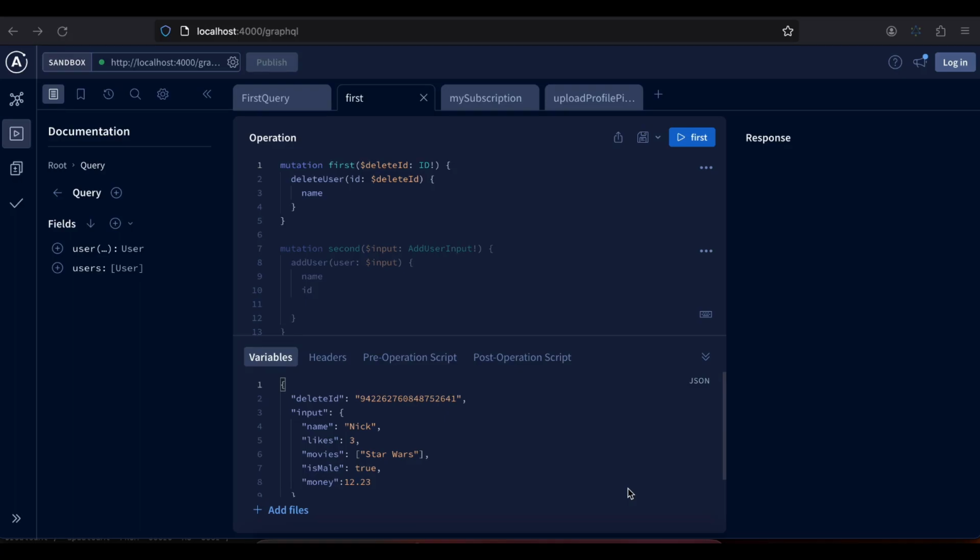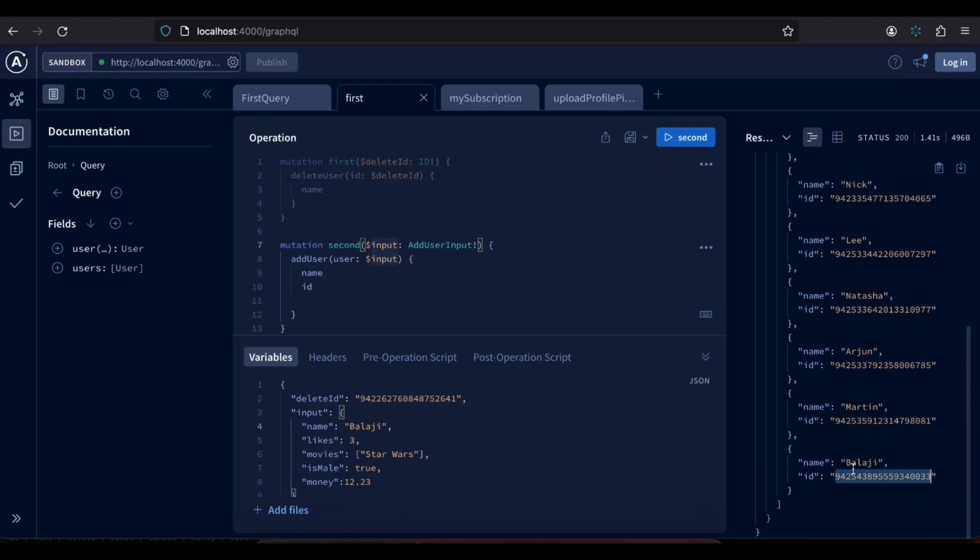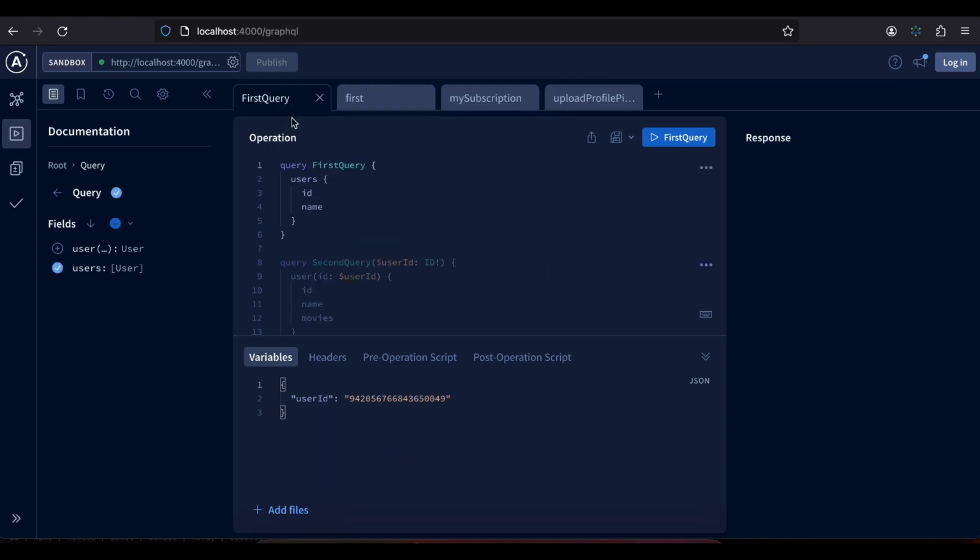In today's video I will show you how to integrate GraphQL's query and mutation in your React Native app using Apollo client. So first of all, I will just show you. This is the mutation which I'm trying to integrate, of adding one user. So if I just click on it, here I have one name, right? If I change the name to, I guess, Balaji, and hit send, here you can see that Balaji was added. And the query which I will integrate is this one,